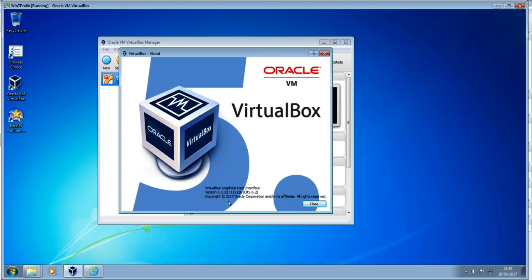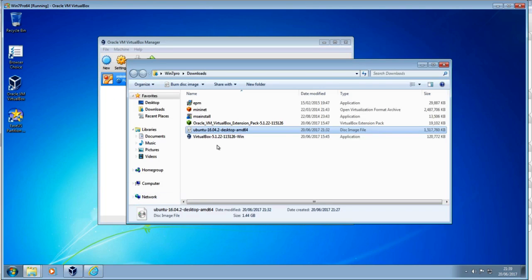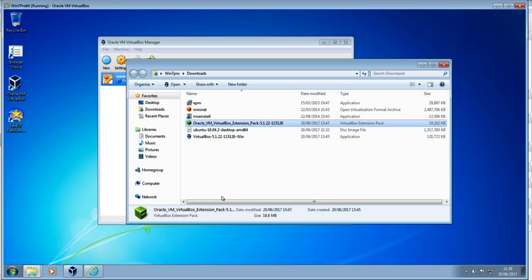And the version that I've got here, I can see at the bottom here, is 5122. Okay, so that's the variant that I've got. If I look in downloads, which is where I stored stuff before, I can find this is the VirtualBox. This is the actual main platform. And then also running alongside that is the extensions packs, and both of those I've installed in order to create